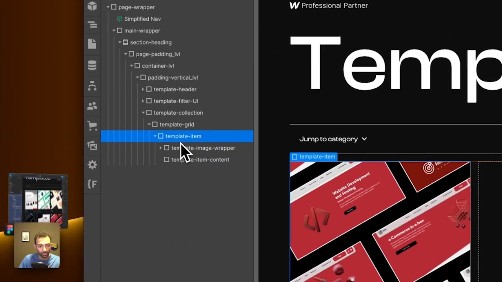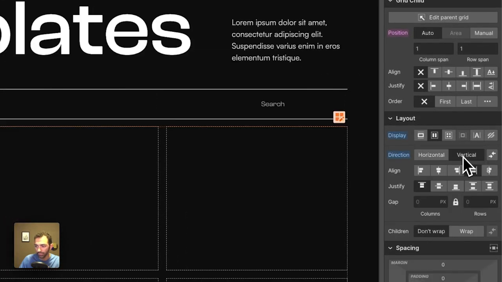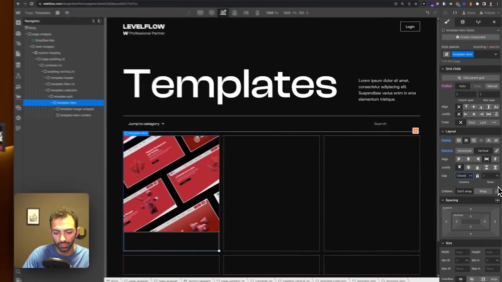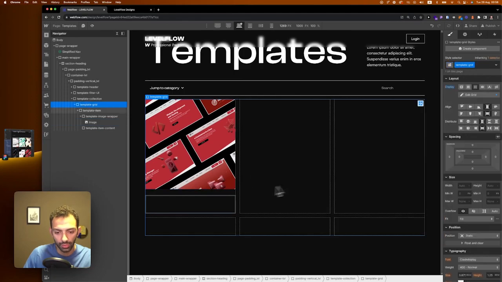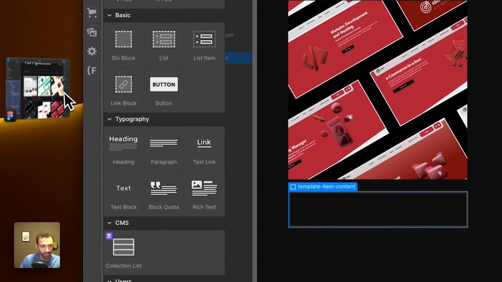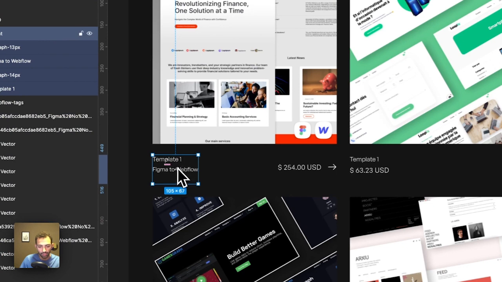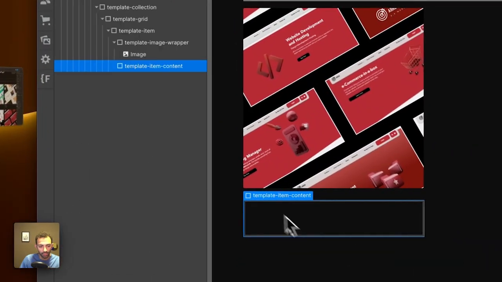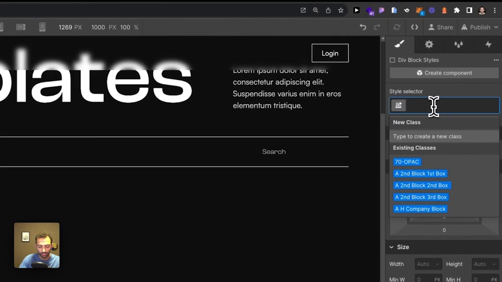And then we will go to template item, give it a vertical flex, and just give it a gap of 1.5 frame, for example, so that it has a gap between the item and the image. And then we will add here, we'll see what we need to add. So we need to add this horizontal text, 2 text on top of each other, and then this button here. So we'll break it down. So we'll add a box here, div block of,